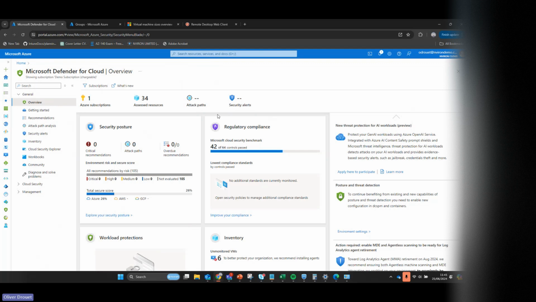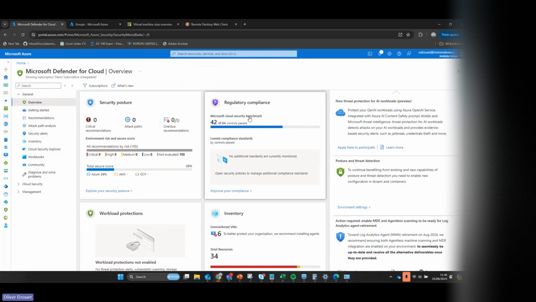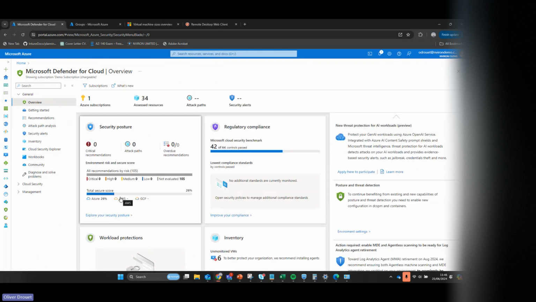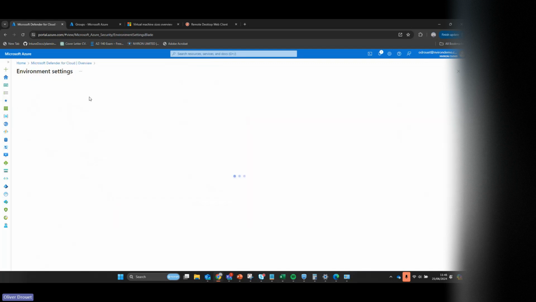Now, at the moment here, it's targeting the whole of the subscription. So it's targeting a few other resources, including the ones we've made within AVD. And what I want to do is just show you a quick overview of the page. You get things like your secure score that are presented to you. You'll get various recommendations based on their severity. At the moment, I'm going to dig into the inventory so you can see that in a little bit of further detail. But the subscription in question